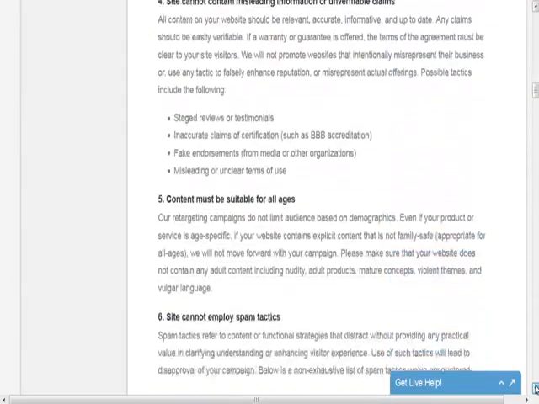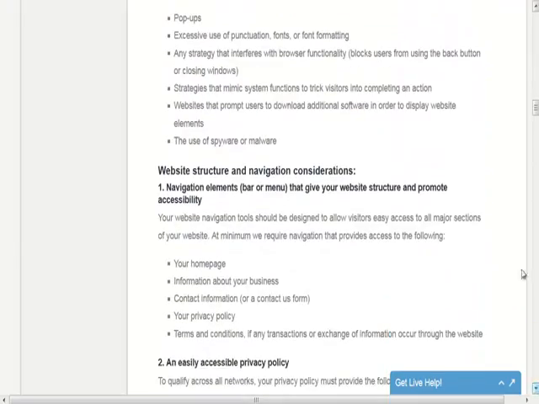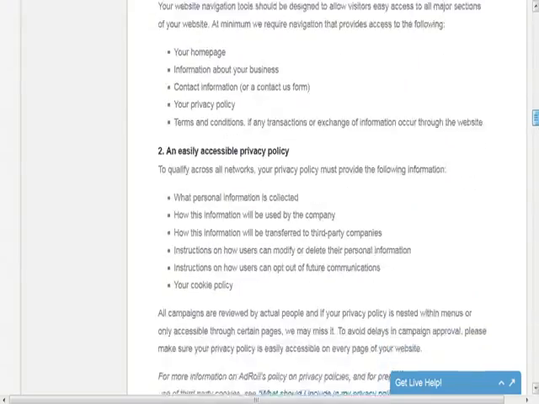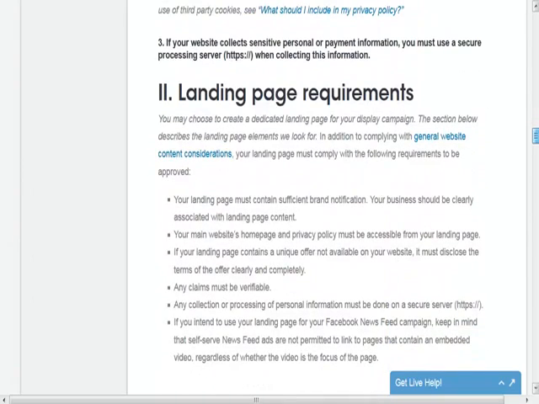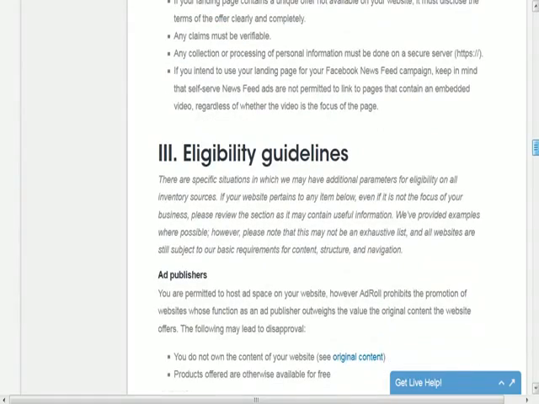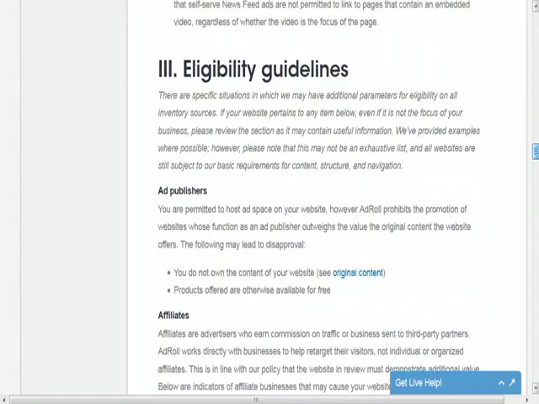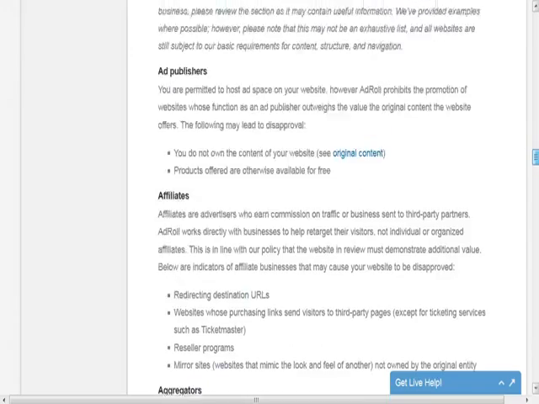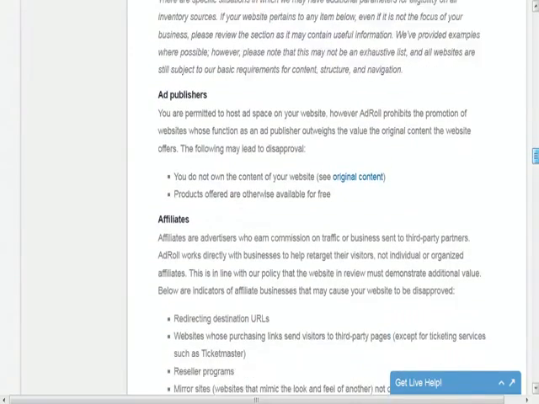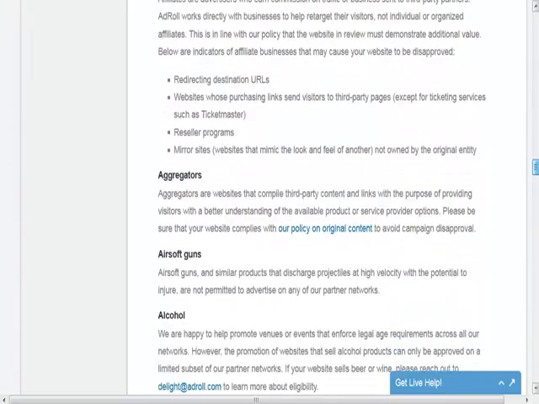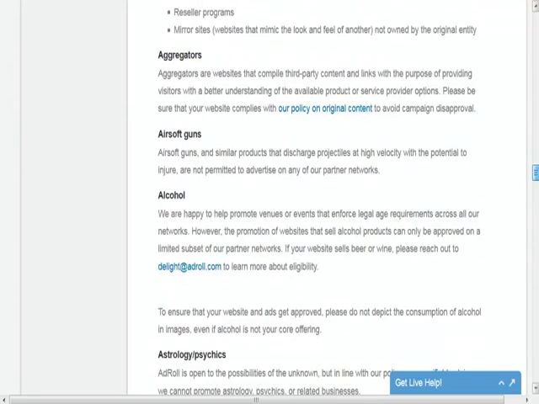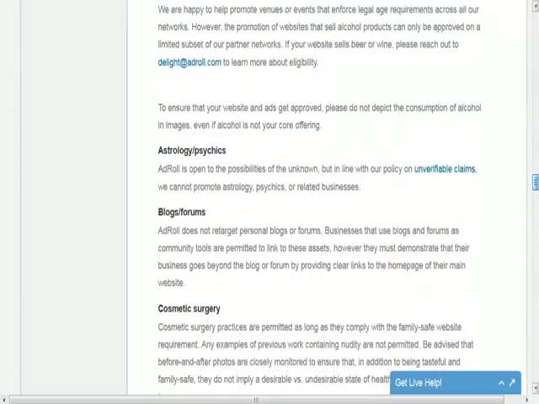You keep scrolling down and we see landing page requirements in order to retarget back to landing pages. We see eligibility guidelines. And so this gets into ad publishers, affiliates, aggregators, what they think about airsoft guns, alcohol,